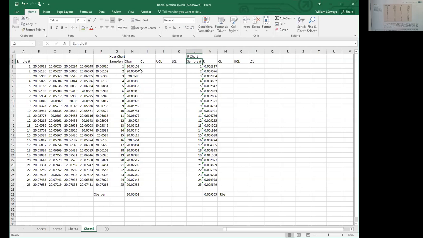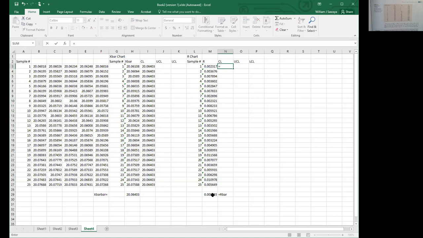All right, so the center line, as you recall from the textbook, is just X double bar, which we just calculated down here. So I'm going to just refer to that cell. I'm going to hit F4 to make that absolute. And then I'm just going to copy and paste it down. By putting those dollar signs around it, making it an absolute reference, $H$29, means it always refers back to that one cell. I'm going to do the same thing here for the center line for the R bar chart